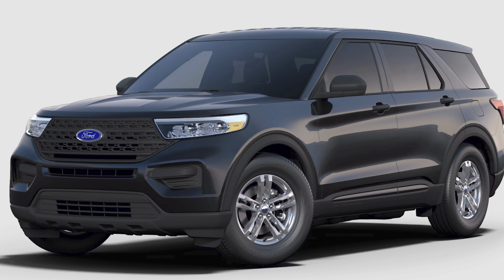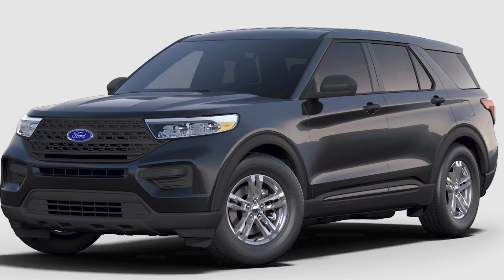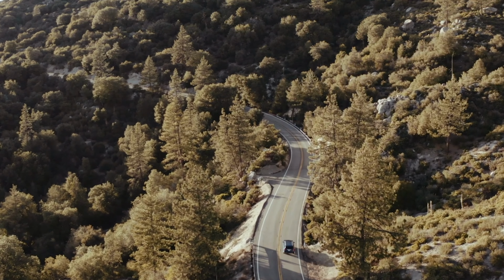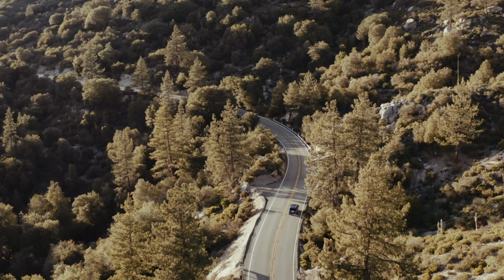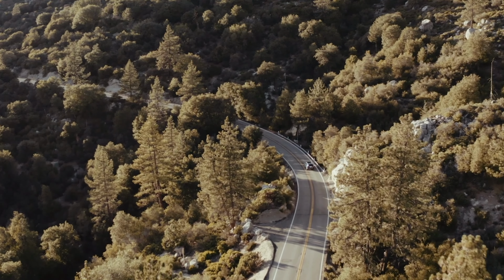First up, we have the 2023 Ford Explorer Base. Pretty appropriately named, but it does feature some decent features as the entry point to the Explorer family. Under the hood, the sole powertrain option is the 2.3-liter 4-cylinder EcoBoost engine. But that's not bad really, since this one makes 300 horsepower. It's paired with a 10-speed automatic gearbox and comes standard with rear-wheel drive, though all-wheel drive is available as an